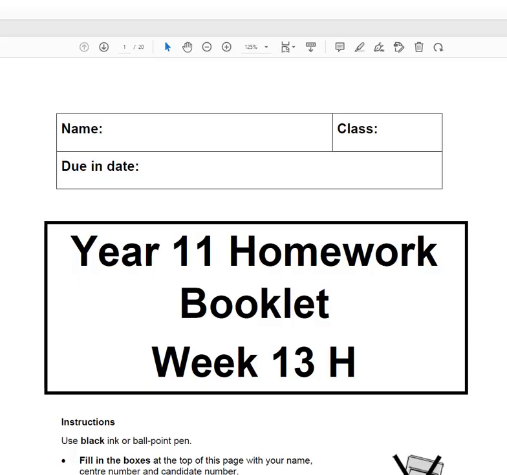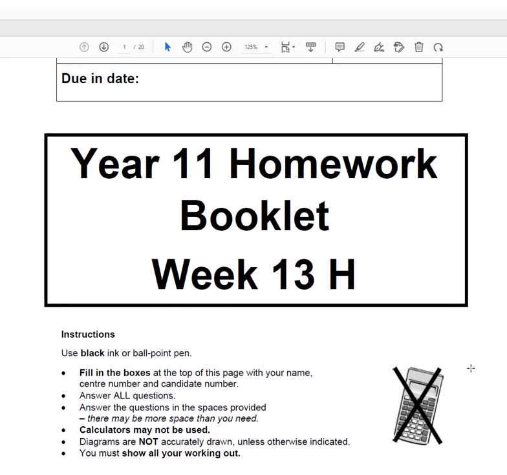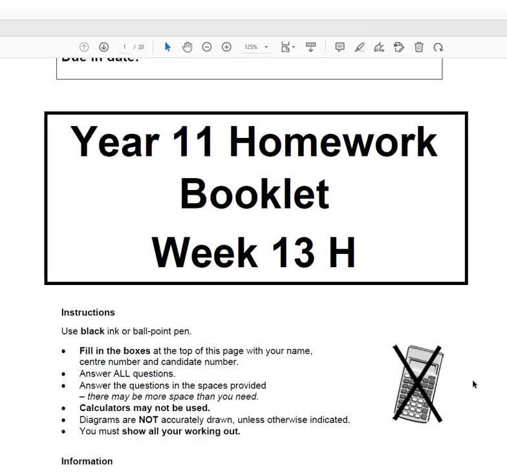Hi, this is a help video for booklet 13H, and as you can see, it's a non-calculator paper. So that means you must not use a calculator on any question whatsoever. If you do use a calculator because you can't do it without one, then you're just cheating yourself, because you know that you won't be able to do that in the real thing. So if you come to a question where you can't do it without using a calculator, please ask me and